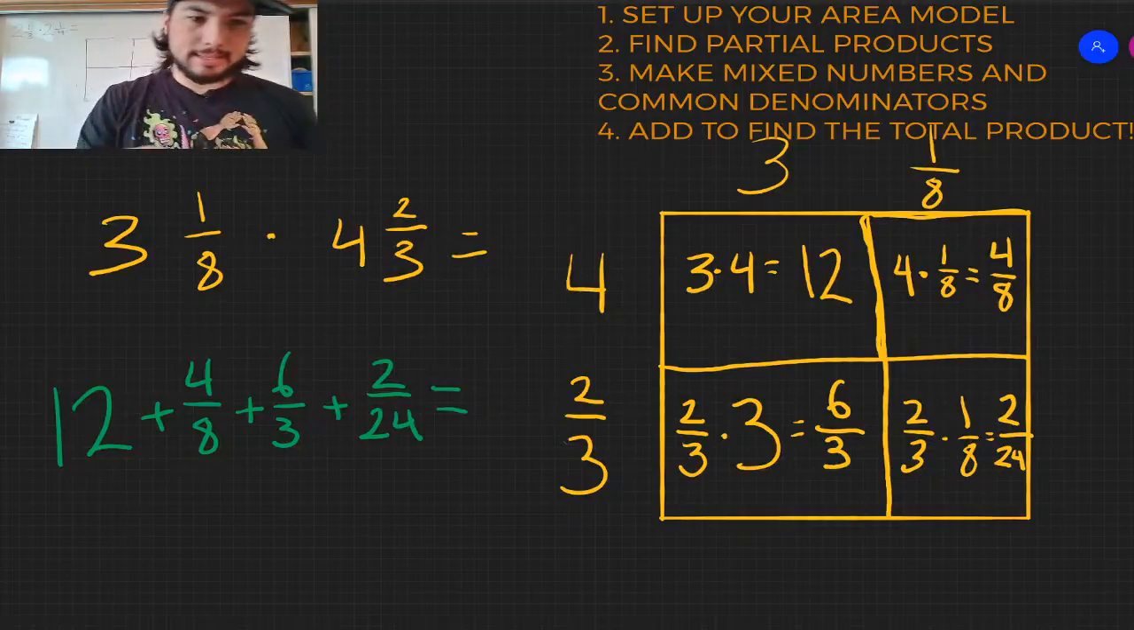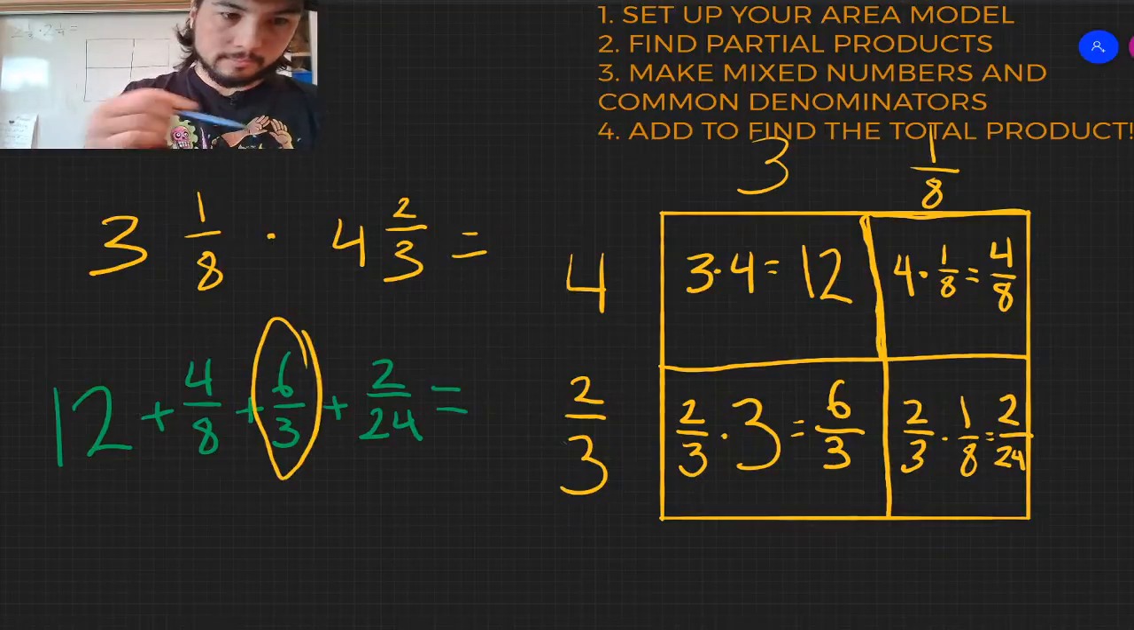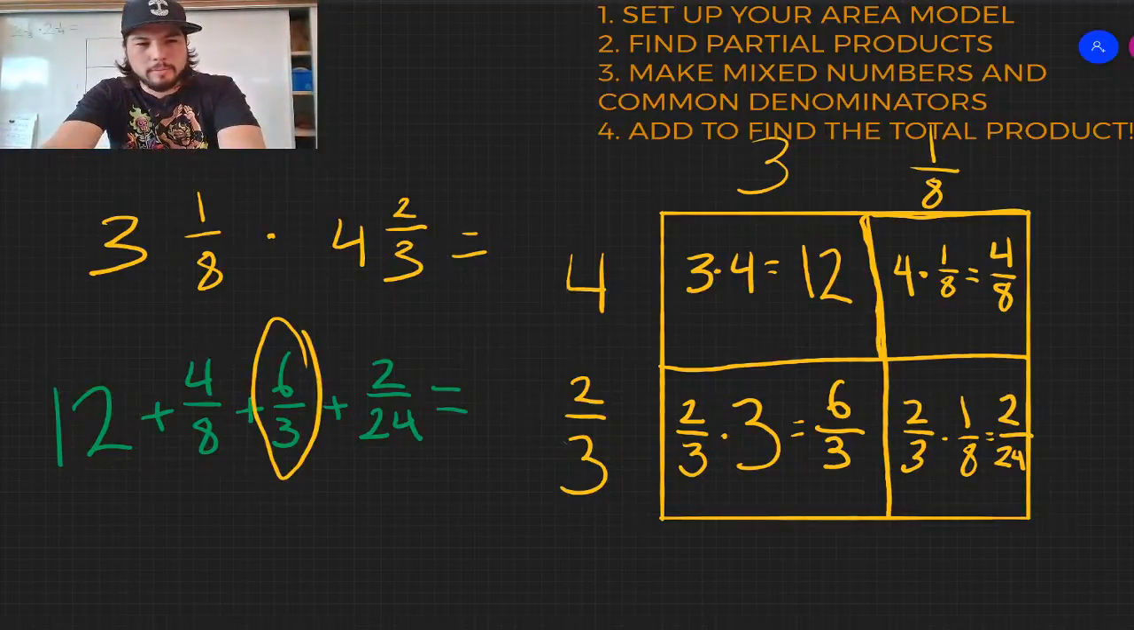Because I'm looking at this 6/3, and I'm thinking, wait a minute, that's an improper fraction. I know that's greater than 1, because 6 is greater than 3. I also know that 3 times 2 is 6. So if I have 3/3, that would equal 1. So 6/3,